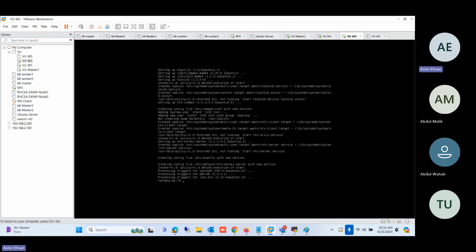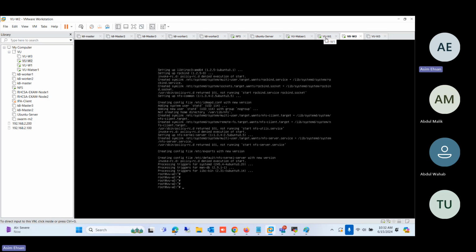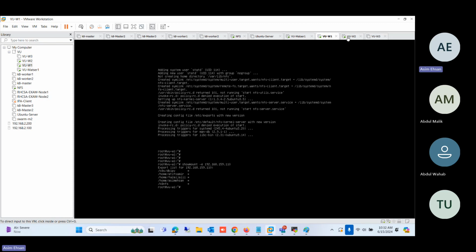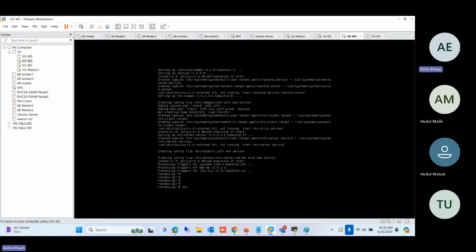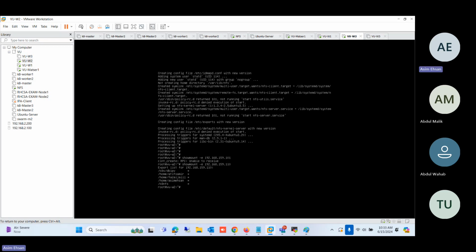Okay, so we deployed both NFS nodes. Let me run showmount -e here. Sorry, 110. So this is also reachable. Okay, so now I know K8SDB1 PV